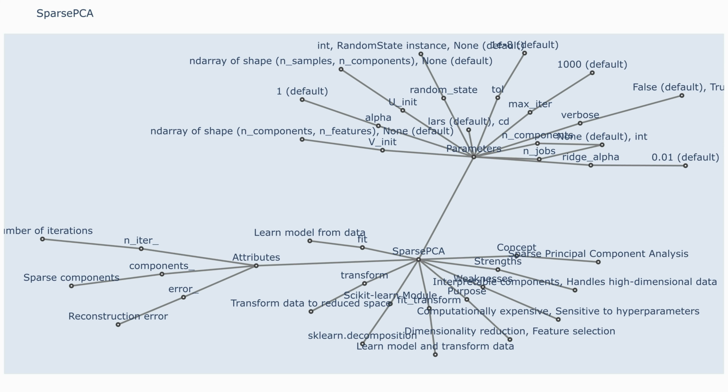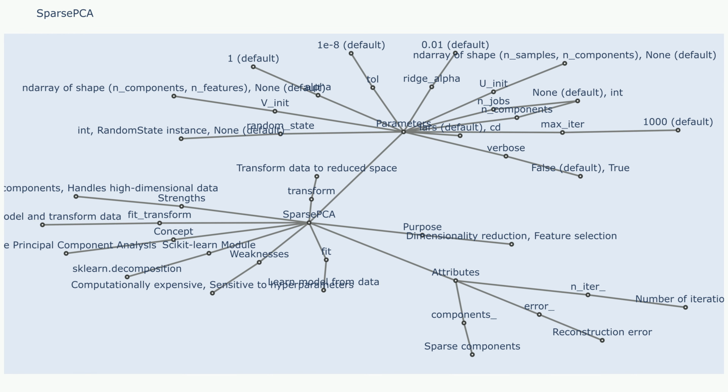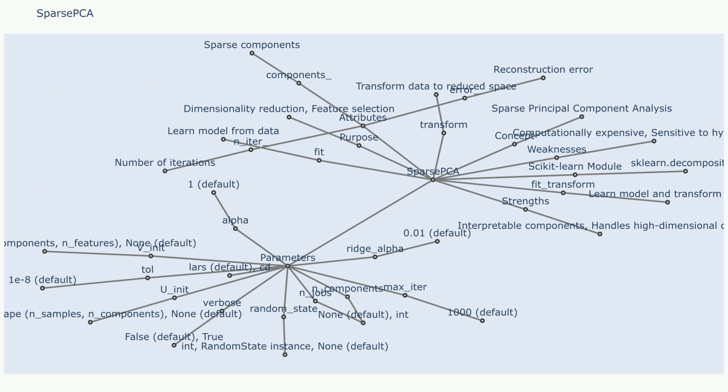Sparse Principal Components Analysis. Sparse PCA is a dimensionality reduction technique in machine learning that leverages sparsity constraints to find a set of sparse principal components. Unlike traditional PCA, which often results in components that are linear combinations of all original features, sparse PCA aims to identify components that are dominated by only a few features. This sparsity property can offer several benefits, particularly when dealing with high-dimensional data.